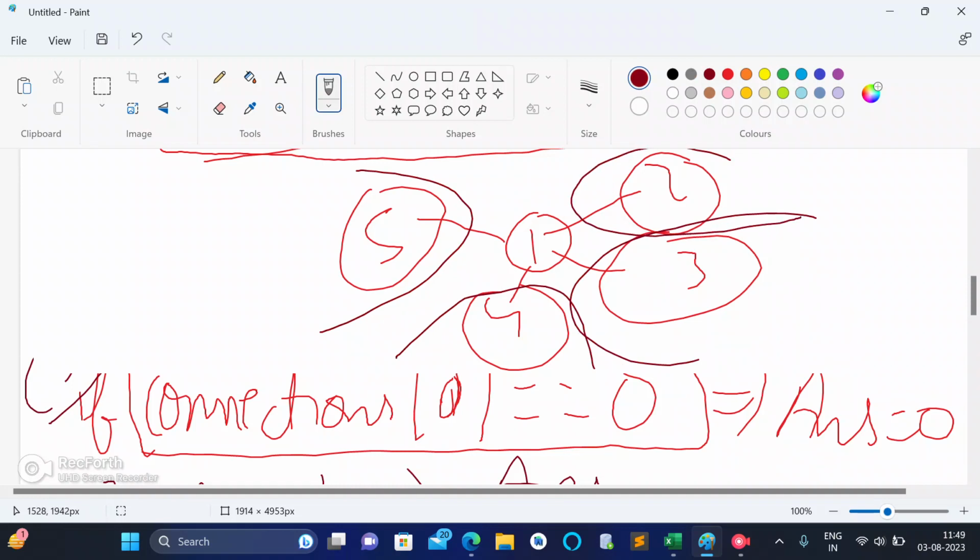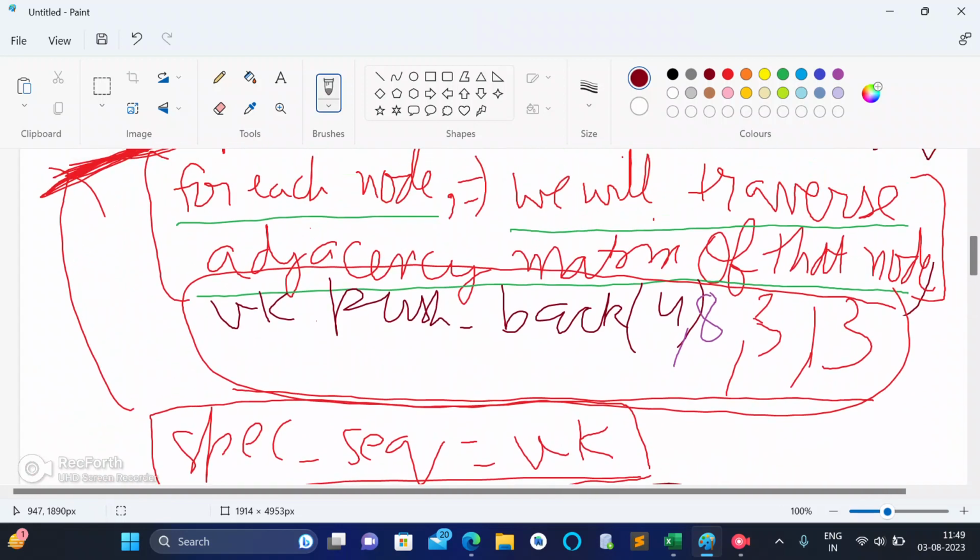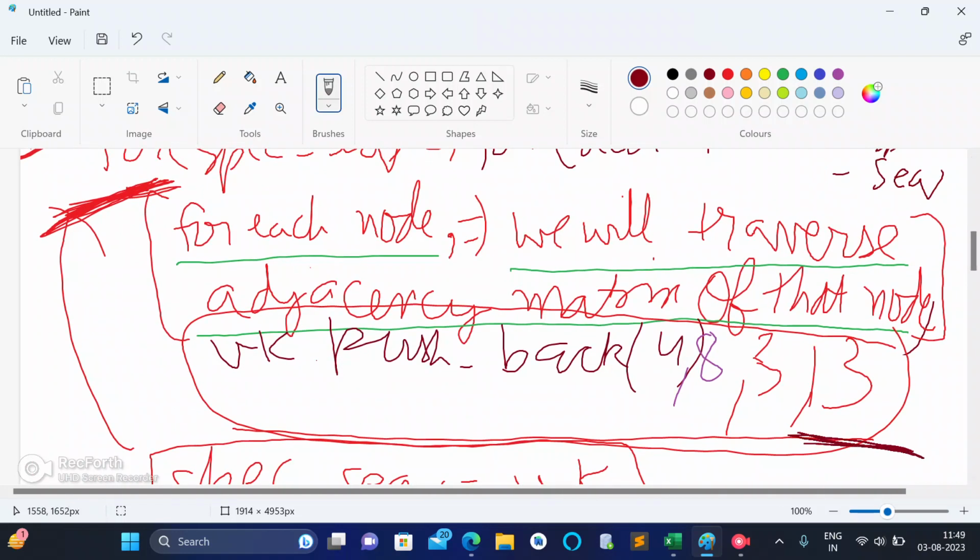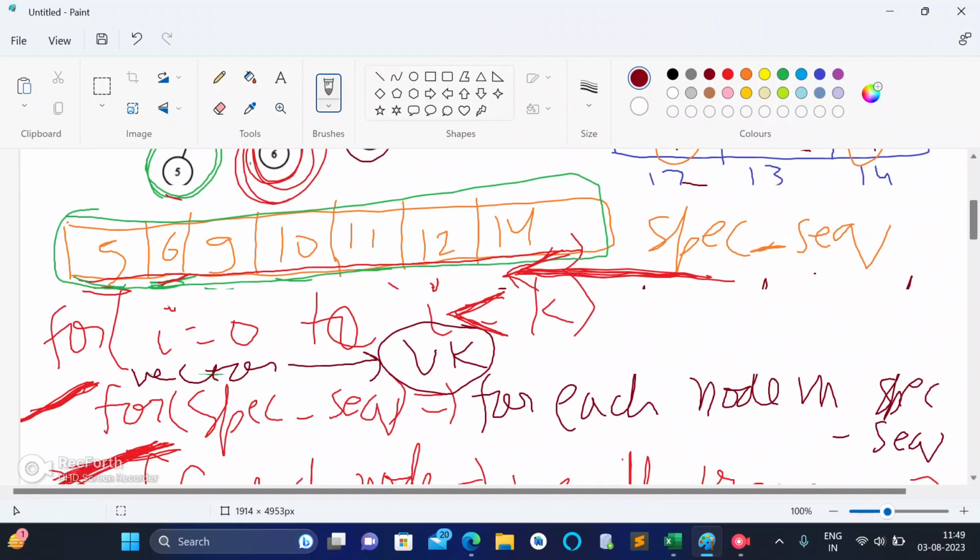In the first instance, this becomes removed, this removed, this removed, this removed. You can see that the connections of 1 become 0 after that. So if the connections of 1 become 0, we have to keep a check here. While we are checking whether the connections become 1 or not, we have to check whether the connections become 0 or not. If the connection has become 0, it means only one node is present. Then only one node is present, and then we will check